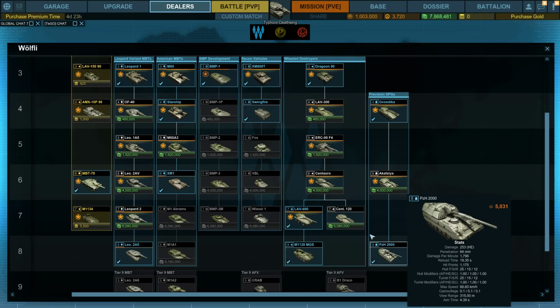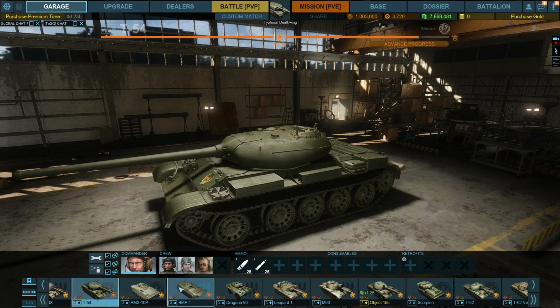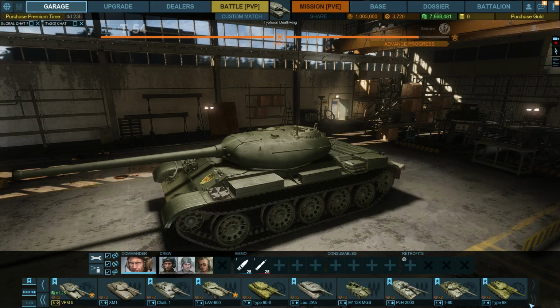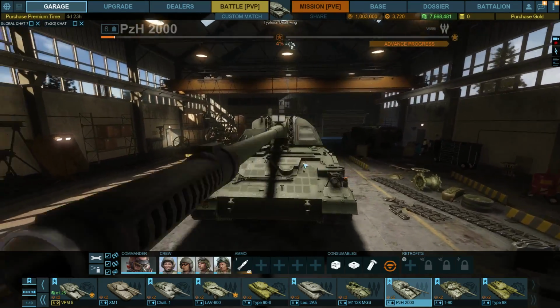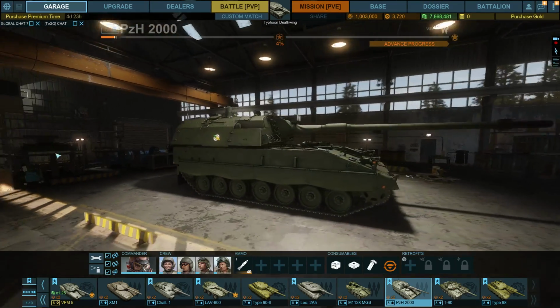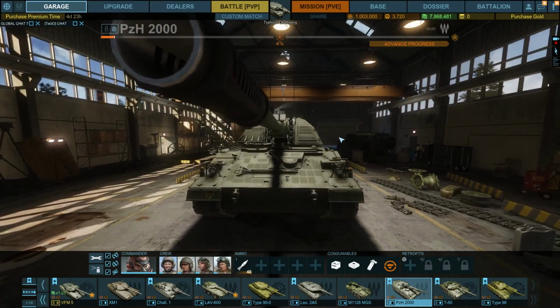Of course, you can also play artillery, but there is a big difference between artillery in this game and artillery in World of Tanks. You should check this out before, because you can shoot much more. Reload is much shorter than in World of Tanks, and you've got clip magazines like this one has. Well, I think the Bat-Chat in World of Tanks has got this too, but the Panzerhaubitze 2000, which is called PZH 2000 in German,